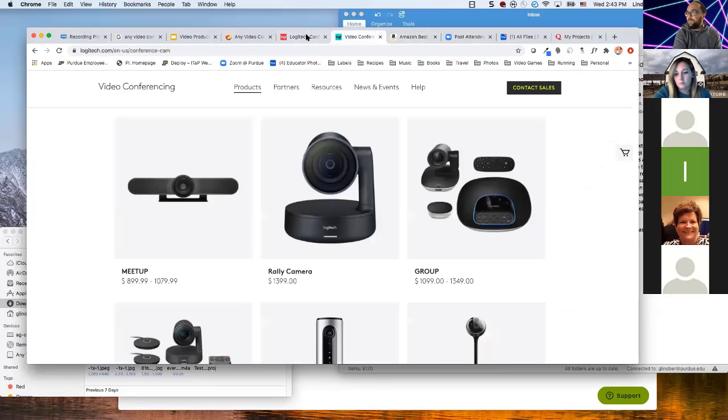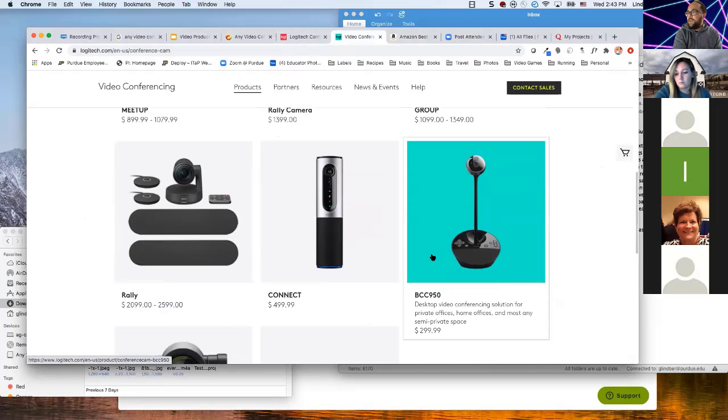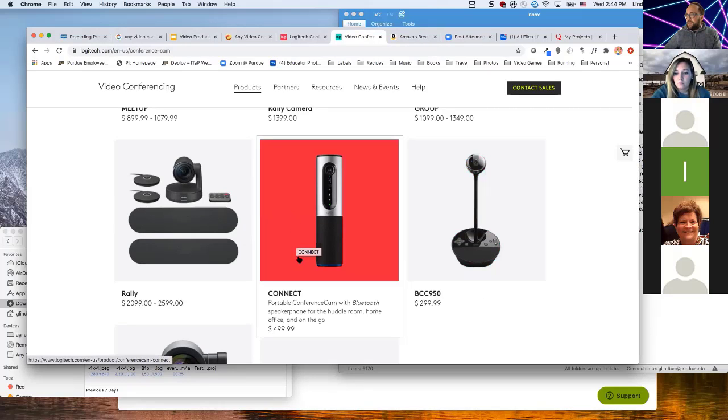And then looking at the Logitech stuff again, this is the first option that I was talking about that is good just for a single desk. A majority of us have been using our built-in cameras for Zoom, but this is another good option, and there are even more inexpensive ones that are just as efficient if you're just looking for a desktop video conferencing camera. But this one also has the speaker and microphone built in, which gives it a little extra edge. But then there's the Connect that I was talking about.